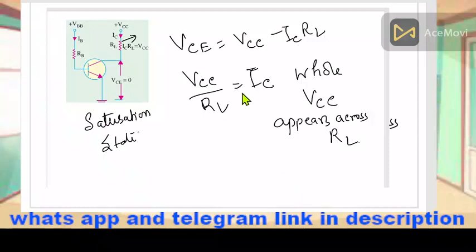And the collector current has the maximum value. It cannot be larger than this value. IC is maximum. This is the maximum value of current that can flow through the collector end. You cannot change it. Now if you are changing the base current, this current will not change. So it is saturated. It cannot increase further. This is the saturation region. So these are the mathematical equations that can show how the transistor acts in the saturation and in the cutoff region.